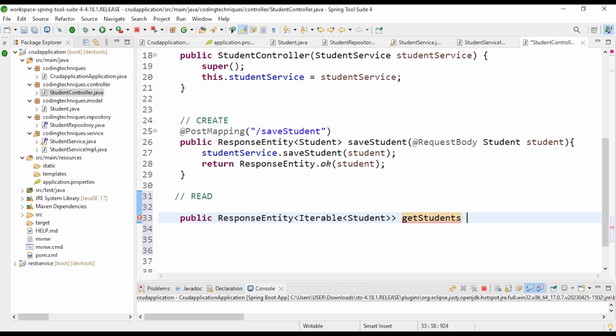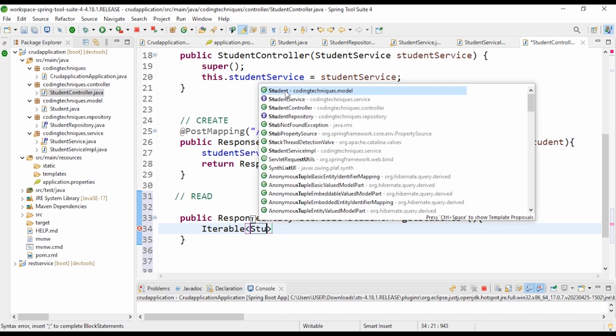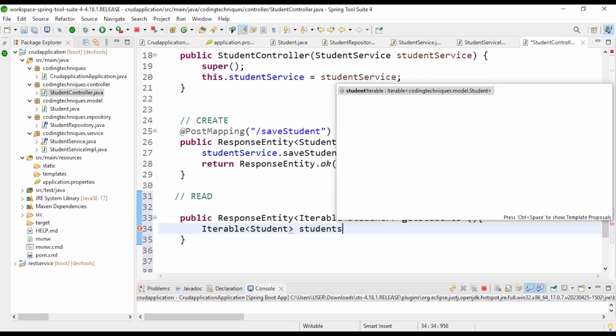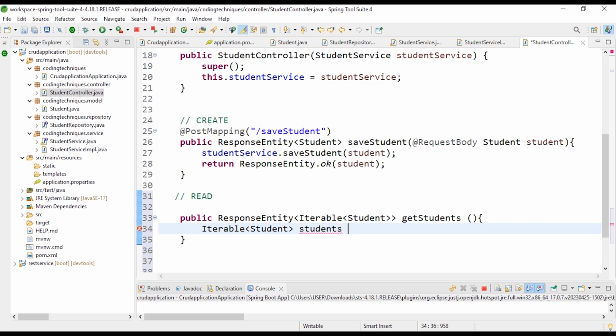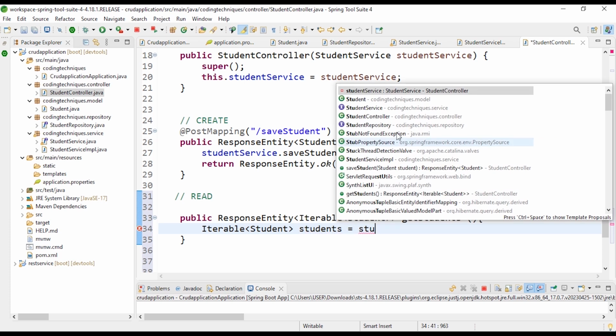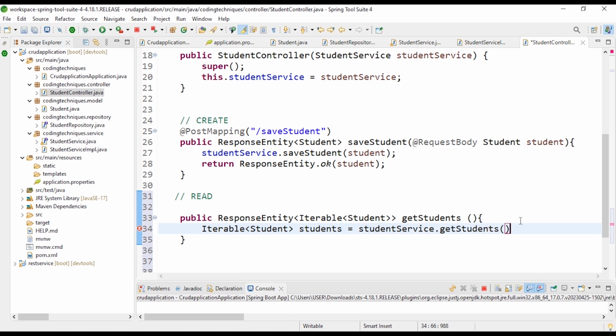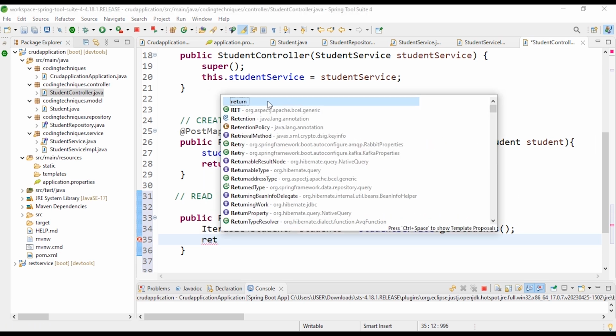Okay, this controller action, and then we will use this iterable student equal to student service dot we have get student method. Okay, this will return, let's return a response entity,